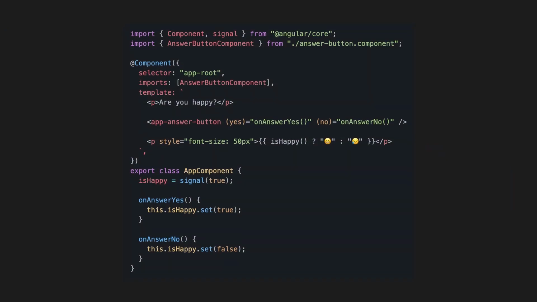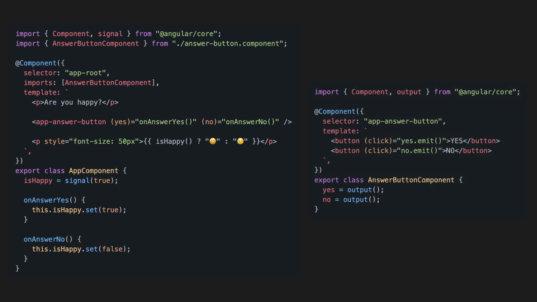Angular takes a slightly different approach. The app component holds a reactive signal, isHappy, and defines methods onAnswerYes and onAnswerNo that update it. The child component, answerButton component, emits custom events using output bindings, here represented by yes and no. In the template, the parent listens to these events with yes equals onAnswerYes and no equals onAnswerNo, triggering the appropriate